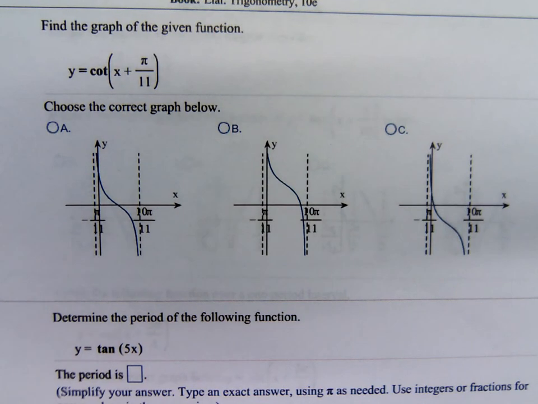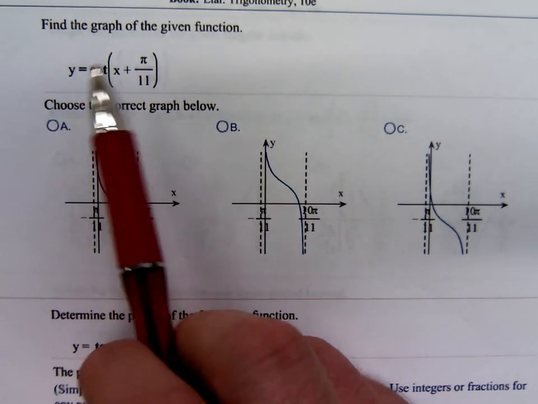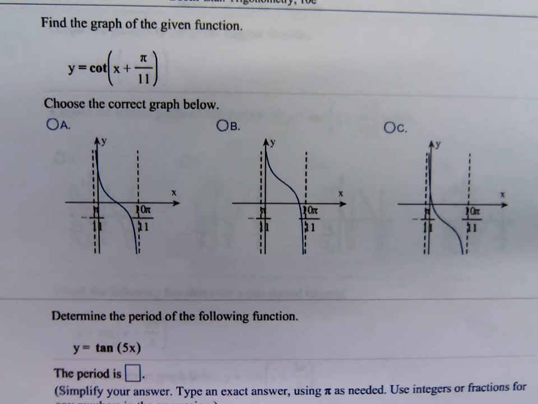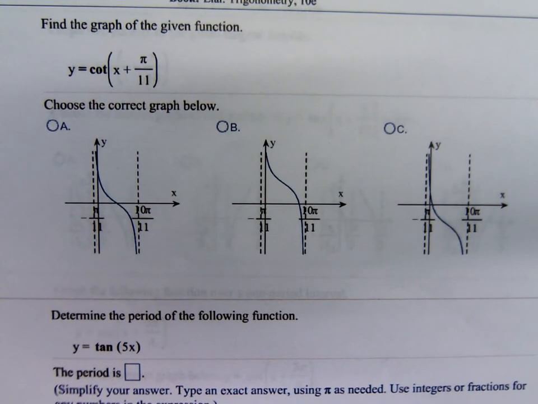Okay, like this one. Cotangent of x plus pi over 11. Well, like B, it looks like it's been shifted